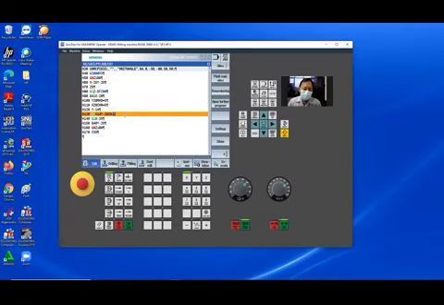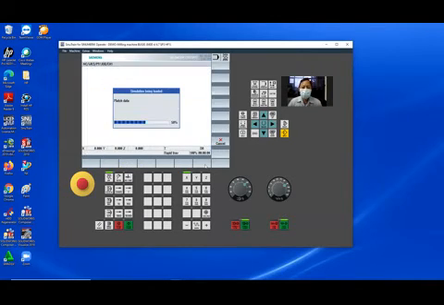J equal absolute coordinate, open parenthesis, the coordinate of J is minus 20, close parenthesis, and look for simulation. I hope it works.